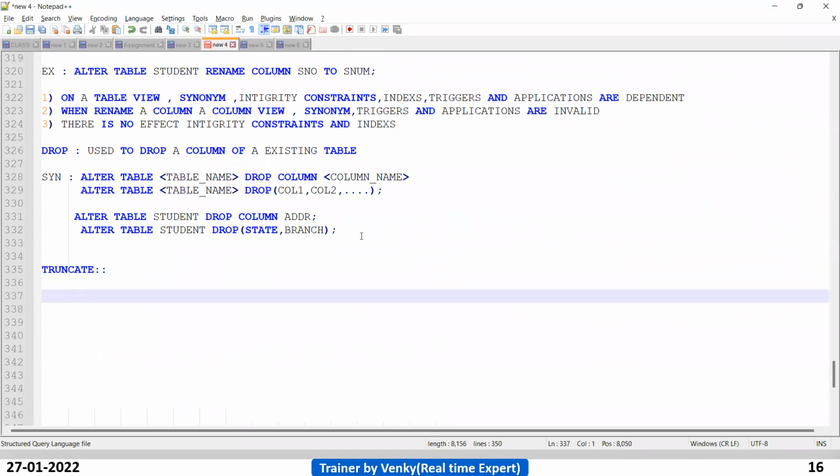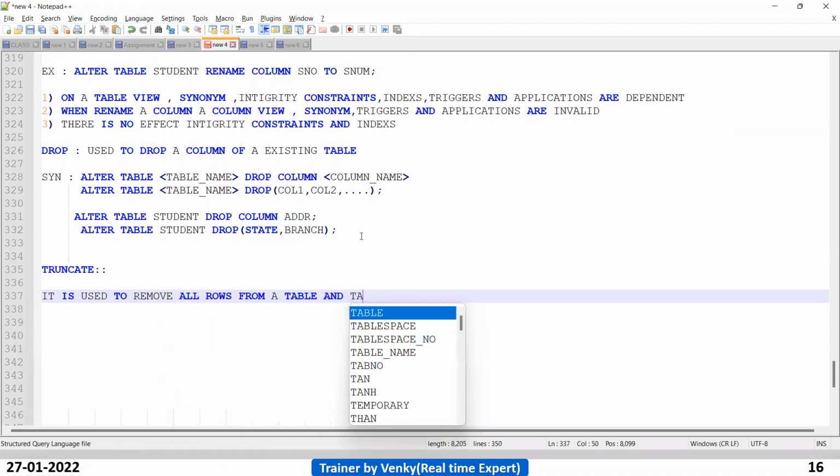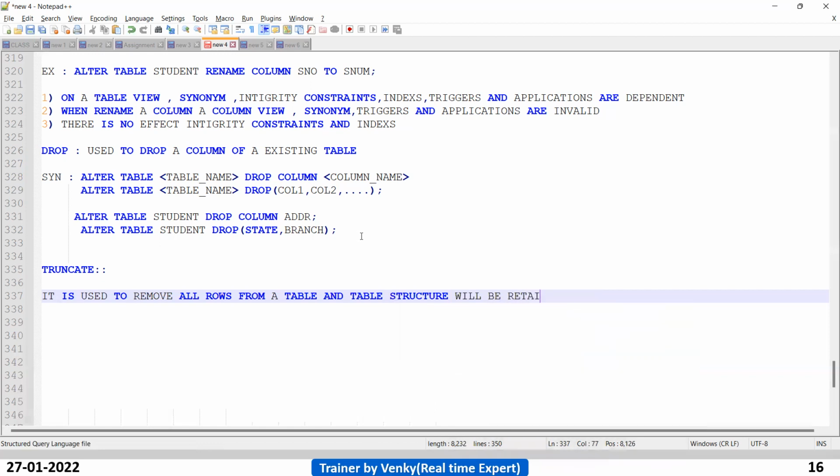Truncate is used to remove all rows from a table, and the table structure will be retained. Retained means no change, it will be the same.